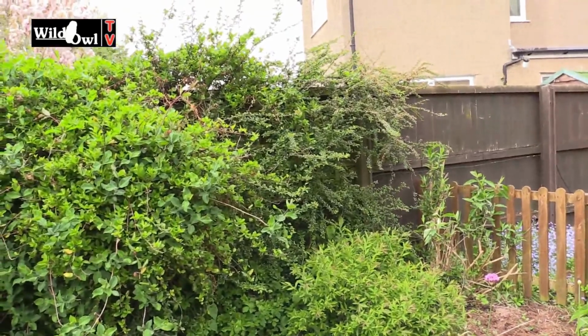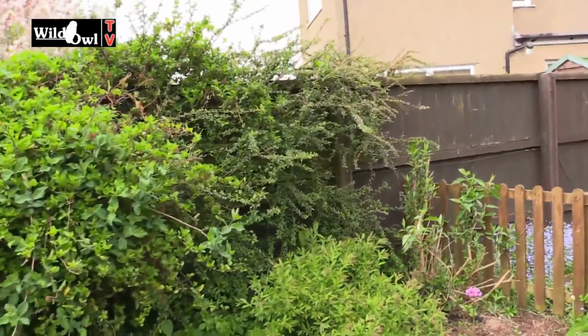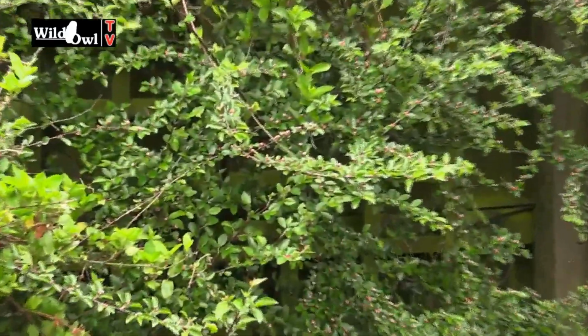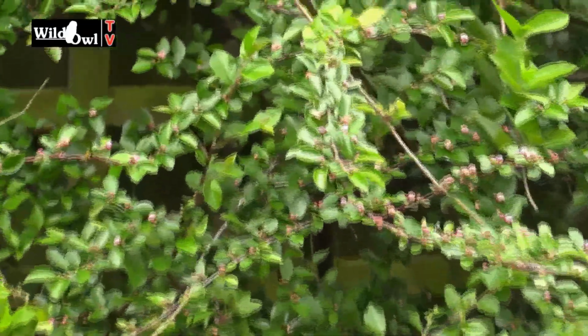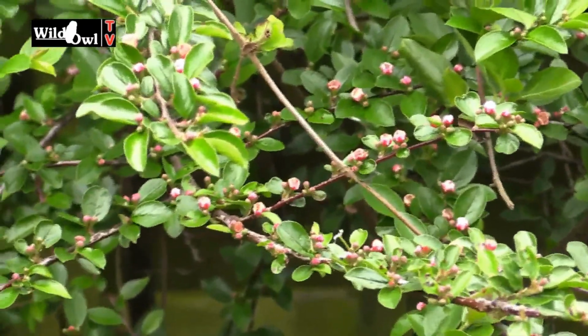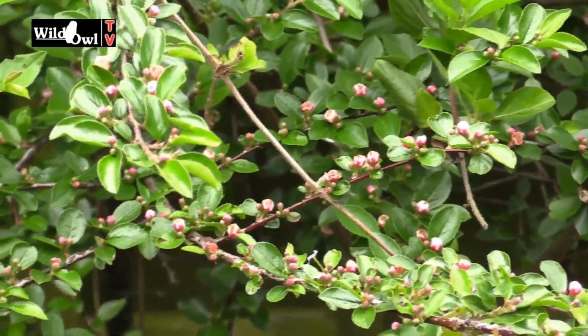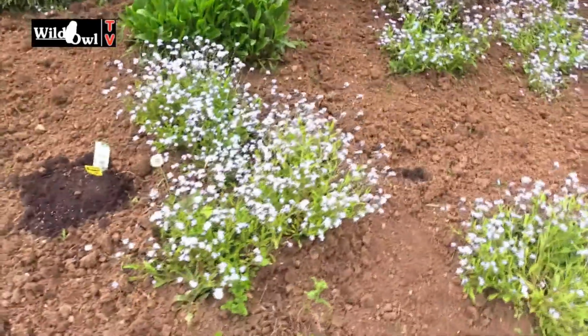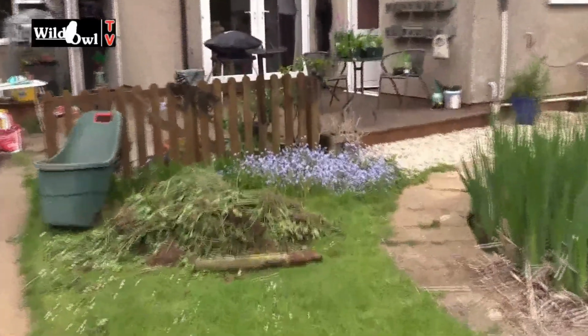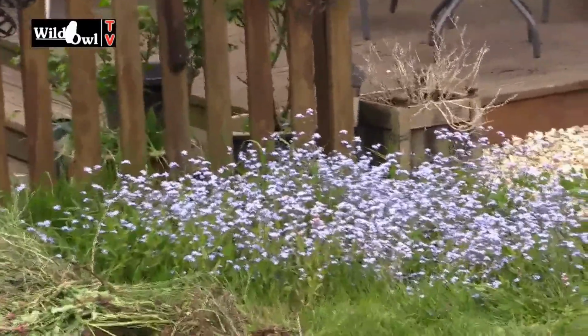And the bumblebees go mad on the flowers in the pyracantha. In fact, you can see... Oh, sorry. Is it pyracantha? No, it's Cotoneaster. I beg your pardon. I think it's Cotoneaster. So they're almost out, those flowers. Possibly some of them are out. And that will be full of bees, as well as the honeysuckle. And like I say, dotted around, I've got the forget-me-nots, which are great. That's a particularly nice area over there. But I am going to pull some of them out to put in my...